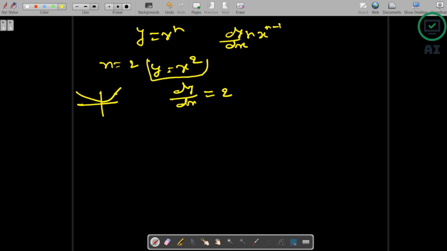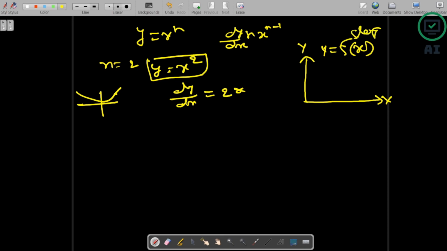So this is one function, and another one is this function. Now what is the meaning of this? Here it is x, here it is y. So y is nothing but the slope, and we got 2x. So when x equal to 1, this will be 2. When x equal to 2, the value of the function would be 4. This is exactly what we get.